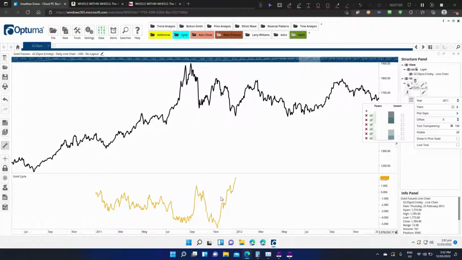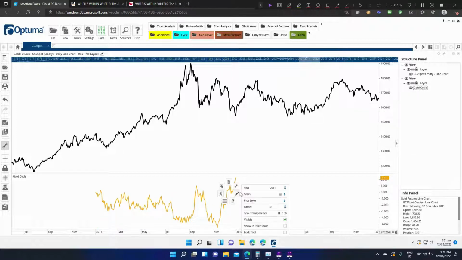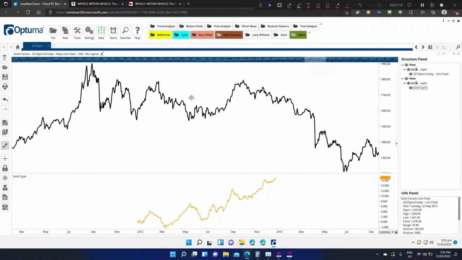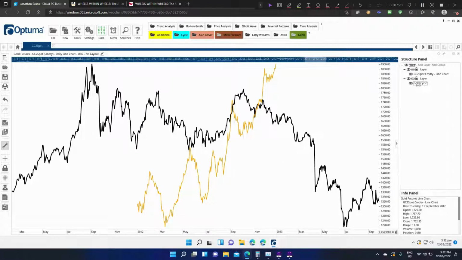I'm going to move this master cycle from 2011 to 2012, and we'll just see what happened here. And then I'll scoot out into 2018, 2019, 2020, just so you can see actually what happened. Now I'm going to move this up just so we have a better view. And now we're going to see if we can find which cycles had flipped in this one.